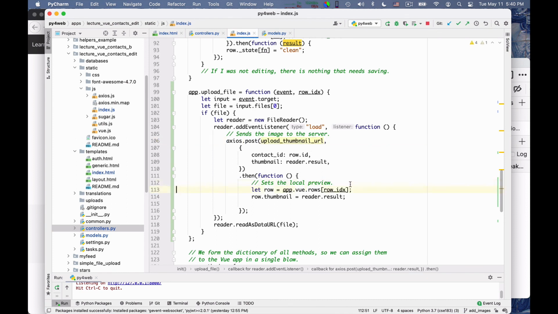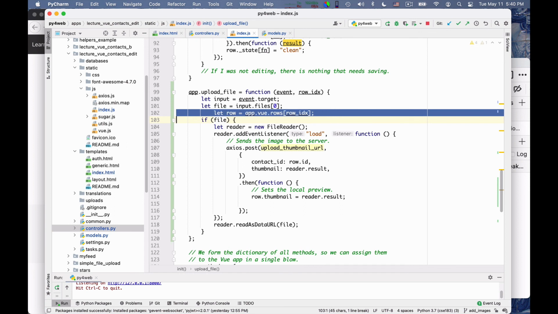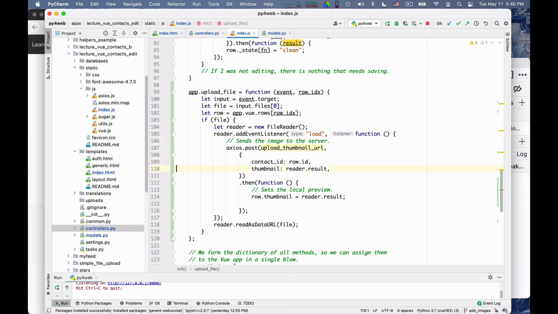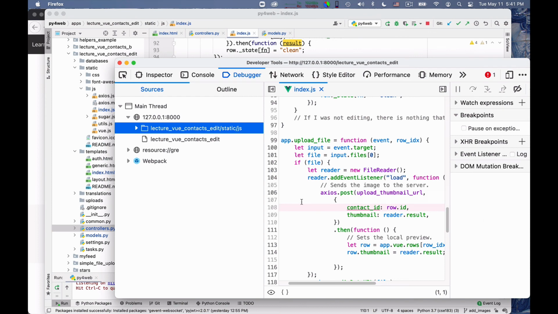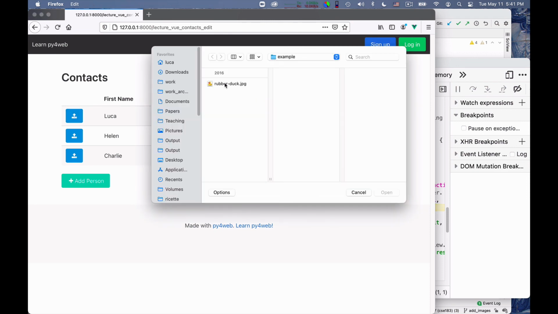Okay, so in fact, why don't I get the row here, which is cleaner? Just where I get the file, I should also get the row, so that it will be available for these various controllers. Okay, so if I restart, no, I don't need to restart, I just need to reload these, and then I repeat the operation.